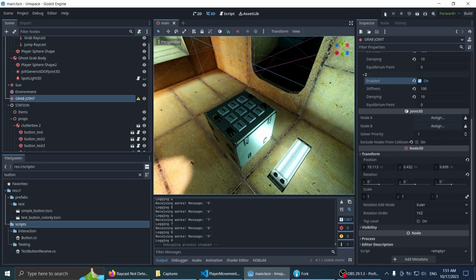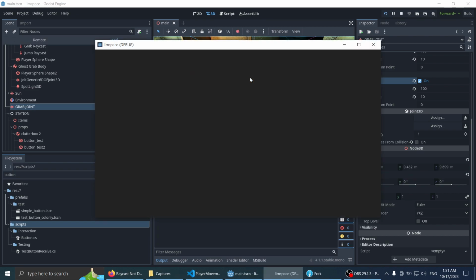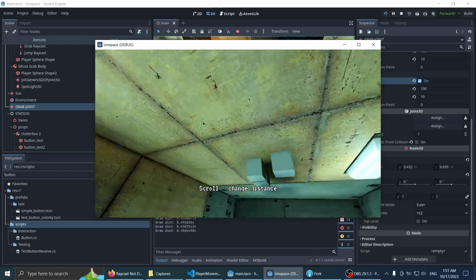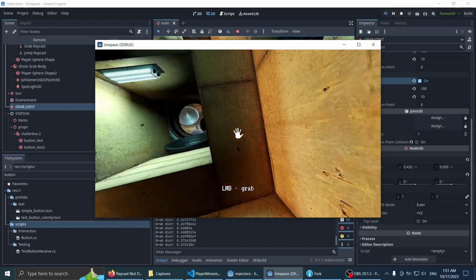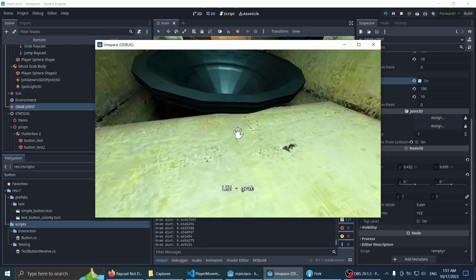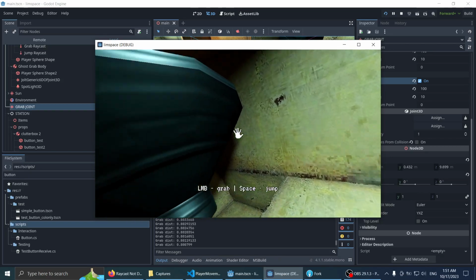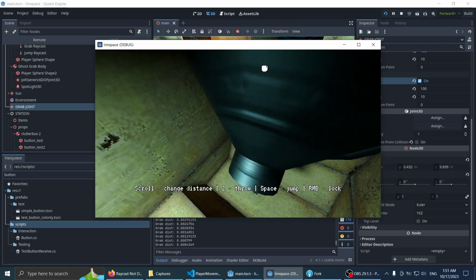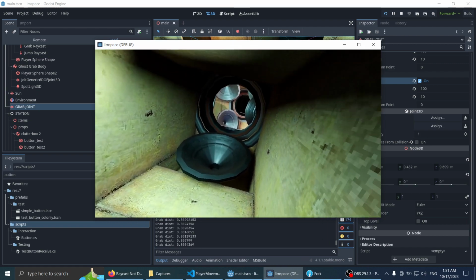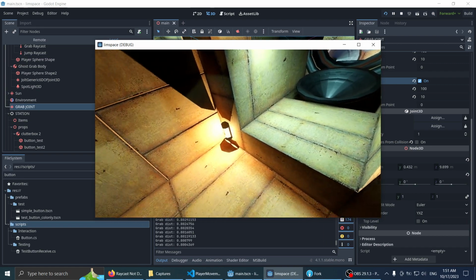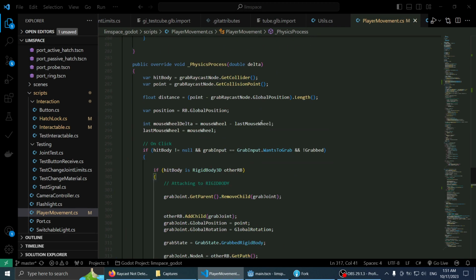Okay, so let's try with the hatch. I forgot to try the hatch. Is it actually working? Is it actually going to swivel by default? Yeah, it is working. There we go. Okay, cool. Nice. But let's also disable